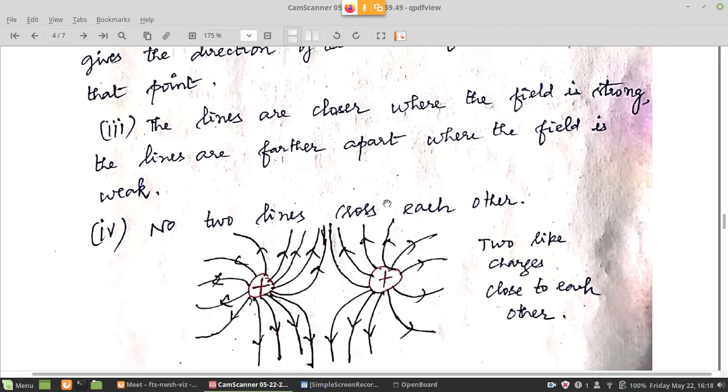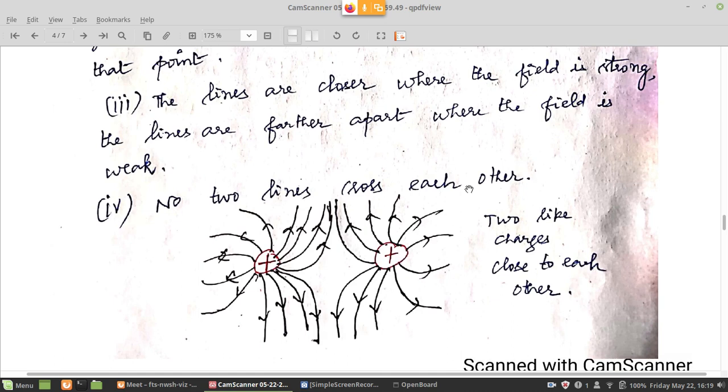Okay. Tomorrow anyway we'll revise the whole thing. Whatever we have discussed this week, all those concepts we will revise, and then on Sunday you will write the test. Monday we can discuss the question paper and then start the next topic, continuous charge distribution. We will start that on Monday. So I will stop here now.